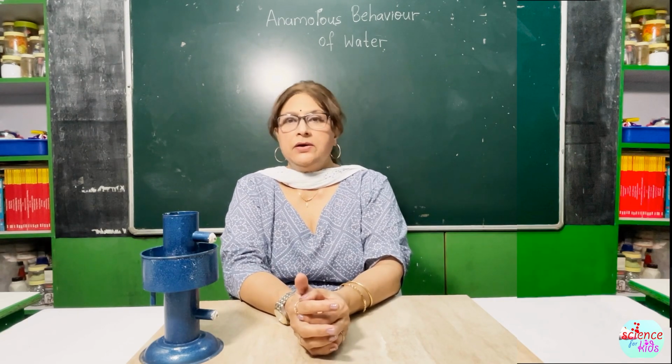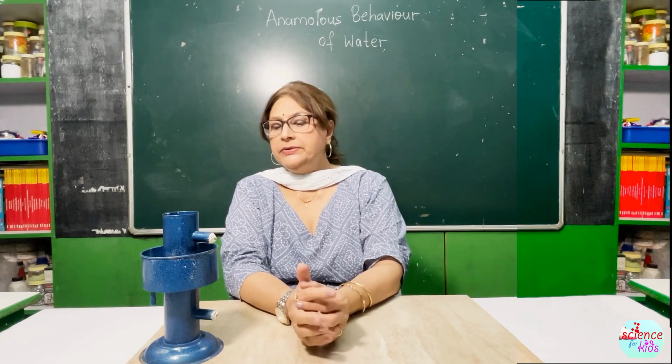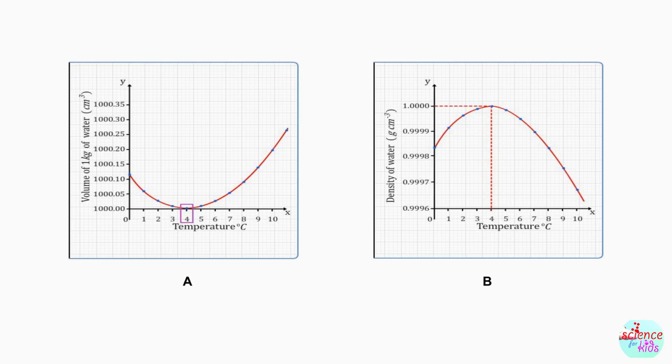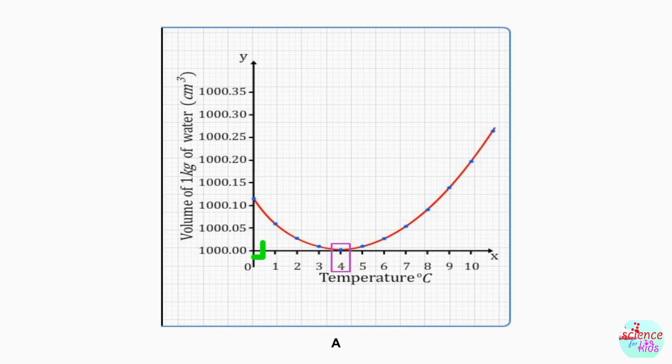To understand the concept, we have to look into the detail. Let's understand this concept by studying the graph. First, we will look at graph A. The y-axis that you see here shows the volume of water, and the x-axis shows the temperature of water. Now look closely. At 10 degrees Celsius, the volume is